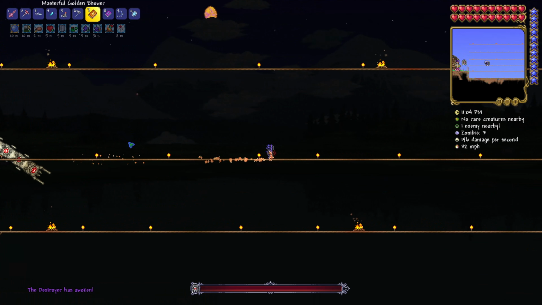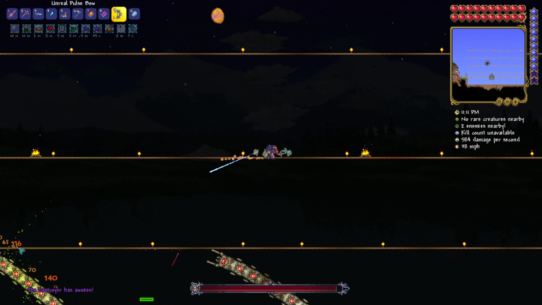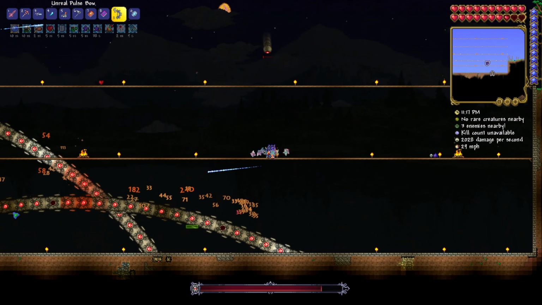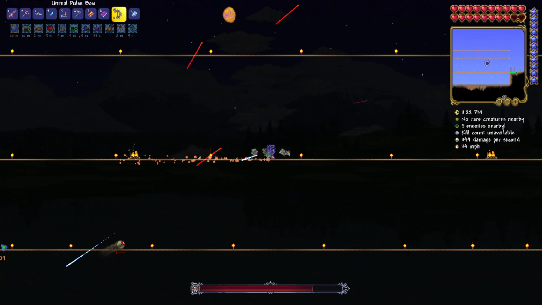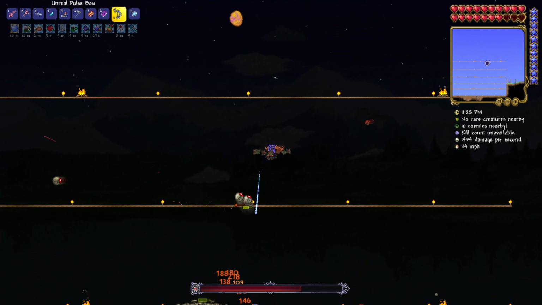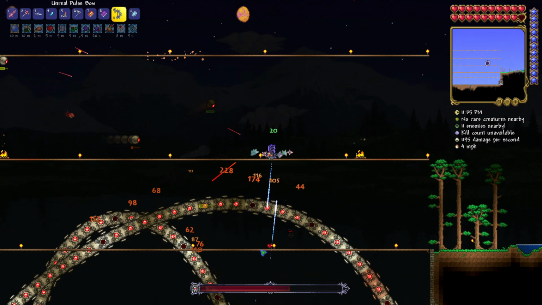Alright, so the Cursed Flame debuff and the reduced defense debuff that the Golden Shower gives are both useless on the Destroyer because it's immune to basically every single debuff. But, I mean, that's pretty much all the weapons we have, so you might as well use them. At this point, I would also assume you would have a Magical Harp as well, so if you have that, use that. In this fight, I am using a Pulse Bow, which is a pretty good alternative if you happen